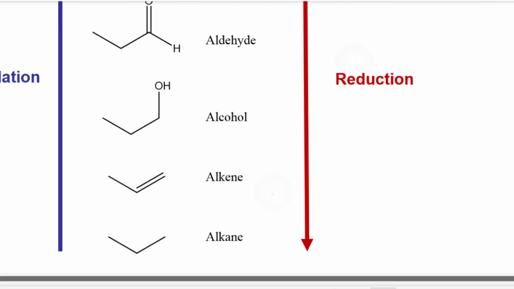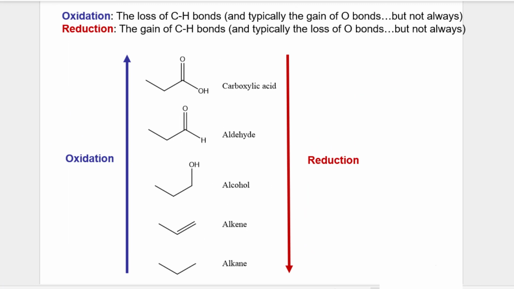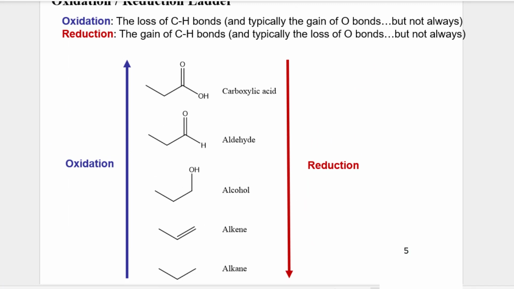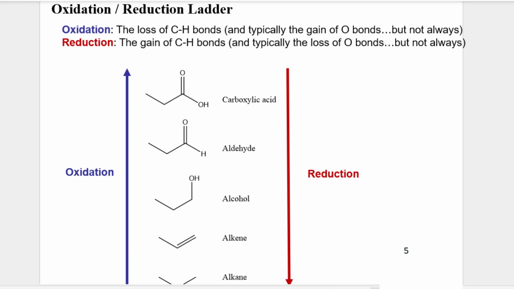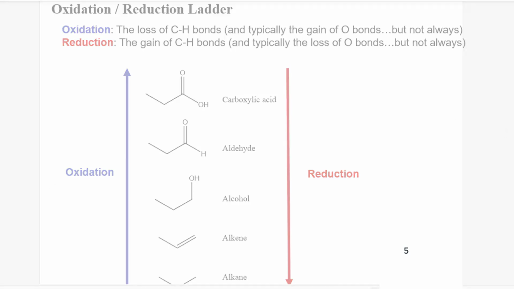Now, before we get started on those individual reactions, I also want to do a brief introduction to oxidation reduction. Oxidation reduction is a little different than when we talk about it in general chemistry. You guys memorize LEO says GER, loss of electrons is oxidation and reduction, right? And that is a little tougher to translate when you're looking at a carbon-based species. So I've written out the oxidation reduction ladder, which you probably will use a lot more in